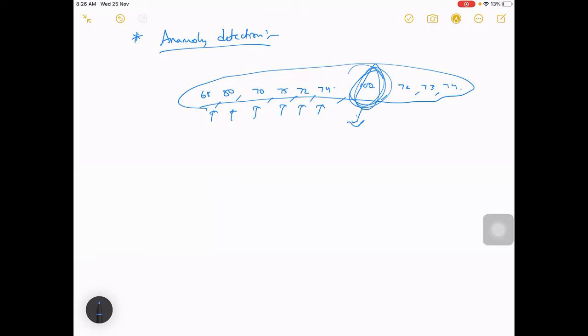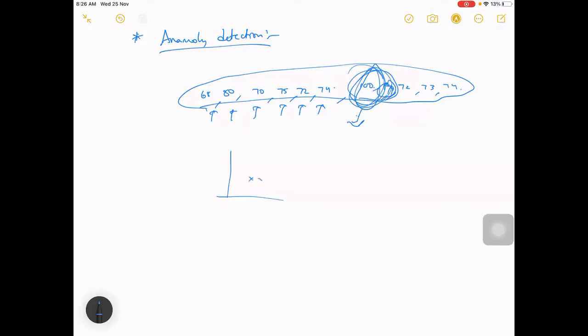If you ask his teacher how many marks he might get in the next exam, usually you may say roughly 75 or 72. But in one test he got 100, which is very far from what he usually scores. Or maybe not just one test, maybe two tests: 100 and there is 99 in one more test. So these look abnormal. This is what will get identified in anomaly detection.